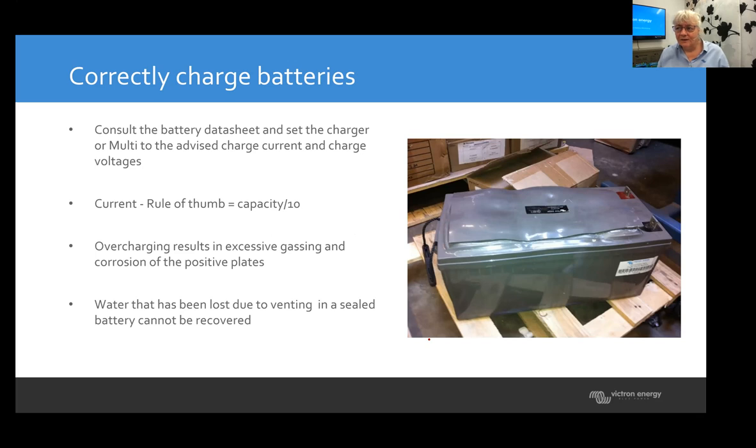Then this is what it looks like when things go wrong. Basically, this might have been an overcharging system. Someone didn't set the charge voltages correctly. Maybe the battery was discharged all the way, then someone tried to recharge it, and it didn't work anymore because there was too much sulfation. And then instead of making